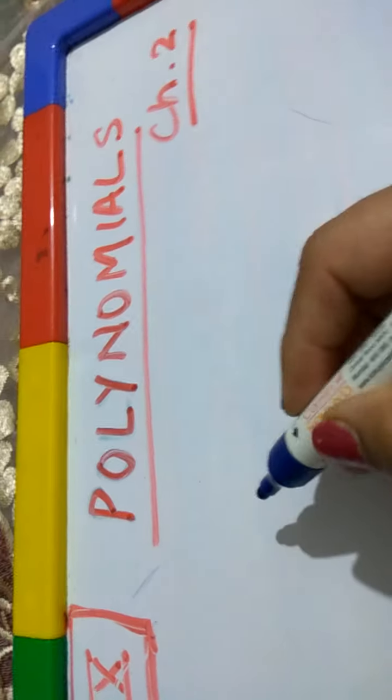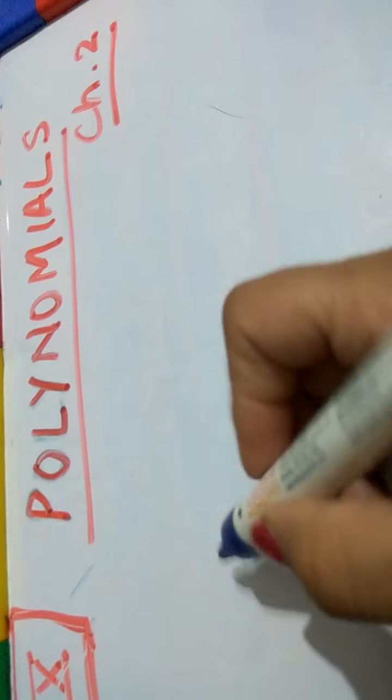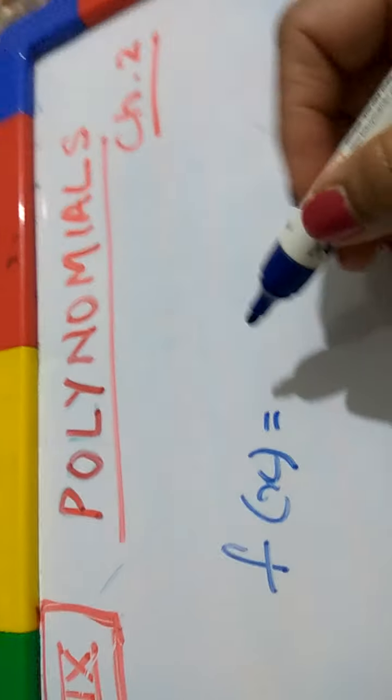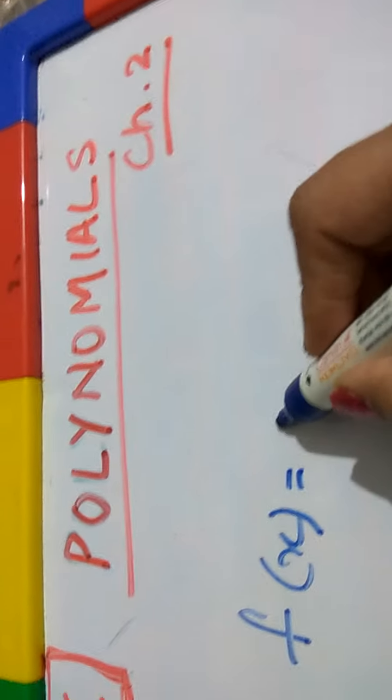So here it is. A polynomial is a function of x. So it can be written as f of x and its general form is